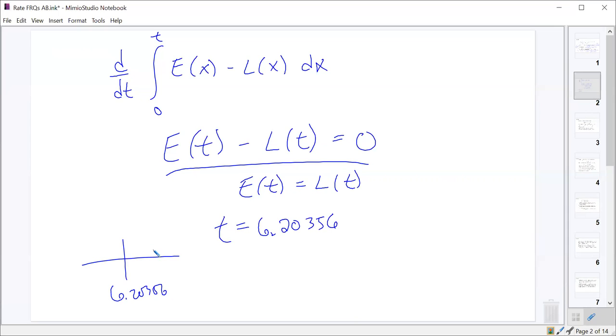So we can plug in something to the right of 6, like 7, to E of t minus L of t, and see what we get. If you plug in something like 7, you're going to get a negative value, which tells you the function is decreasing. And if you plug in something to the left of that, you're going to get a positive value, which tells you the function is increasing. And therefore, you have a max at